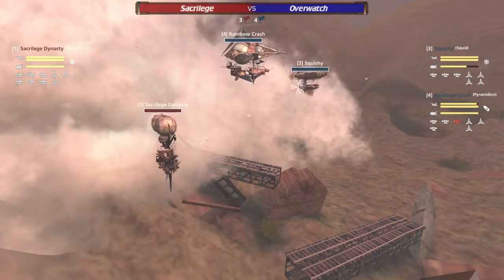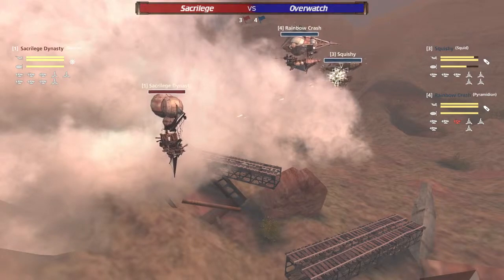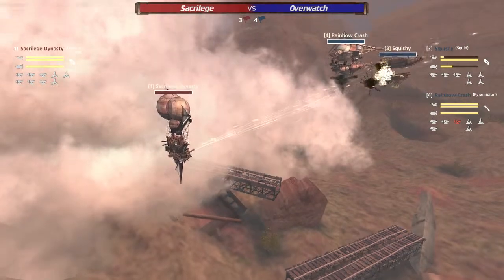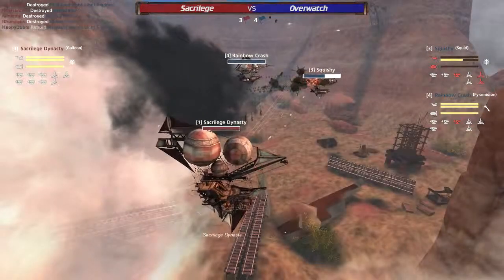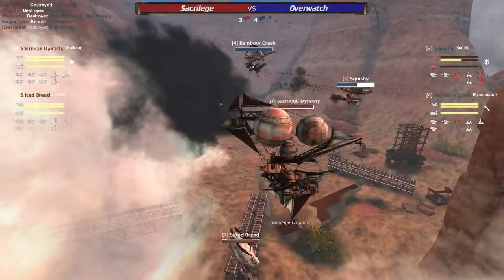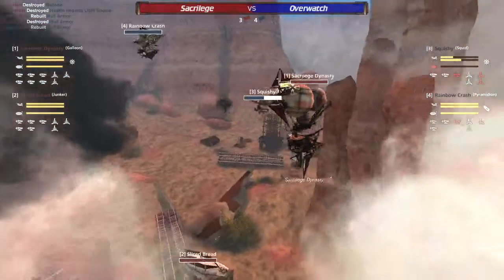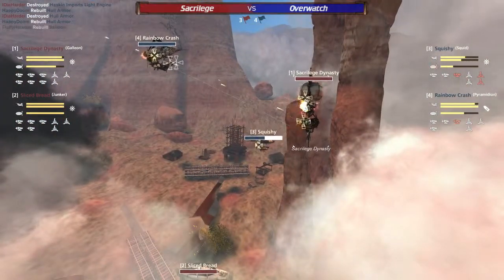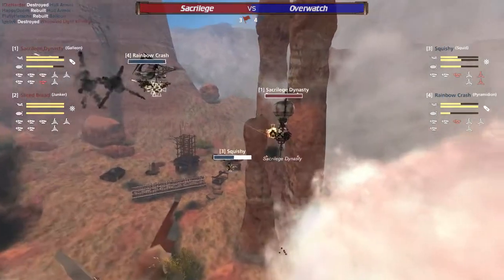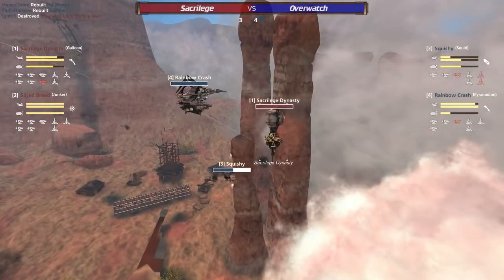Where's Rainbow Crash going? He's got to turn around. Rainbow Crash, what are you doing? Rainbow Crash? This is the key. You need to win the game. What is Rainbow Crash doing? Oh no. Oh, Squishy almost getting taken down here. Heavy damage. And now Sliced Bread come back in. Oh no. Overwatch was so close, and now it looks like their advantage is sliding away as the Sacrilege Dynasty